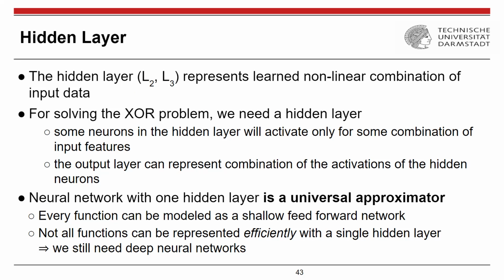But it may not be practical to use a single hidden layer network, because it may not be efficient to train it. So generally we use multiple layers in your network. That is why it is called a deep neural network. Because if you have multiple layers and a lot of data, then you can train it quite efficiently.